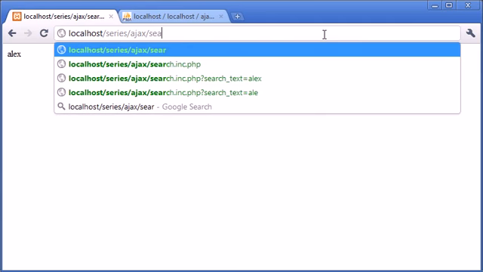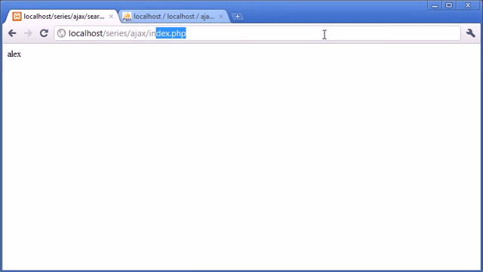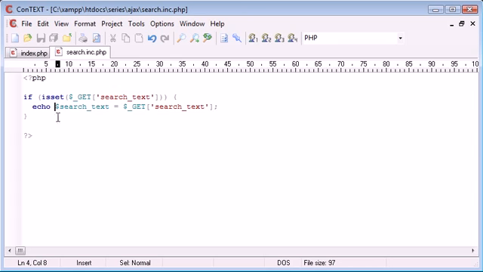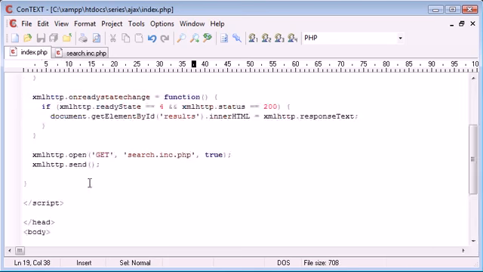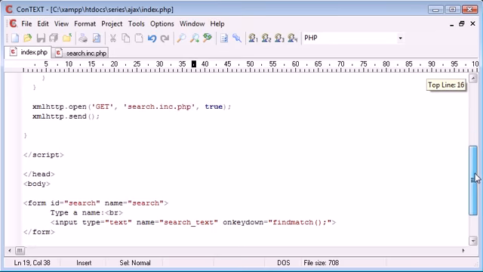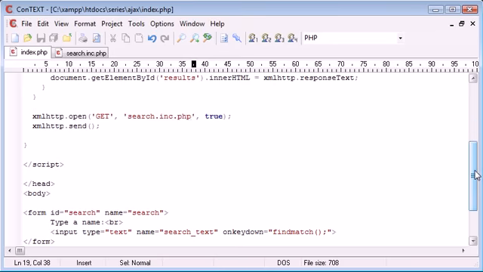So let's go back to index.php. Okay, so now what we want to do in here is, oh no, we've done this now, so we're echoing each value that we're grabbing from this search text. Now what we need to do in here is dynamically update this to be sent through to our PHP file, search.inc.php. So what we need to do is on here specify